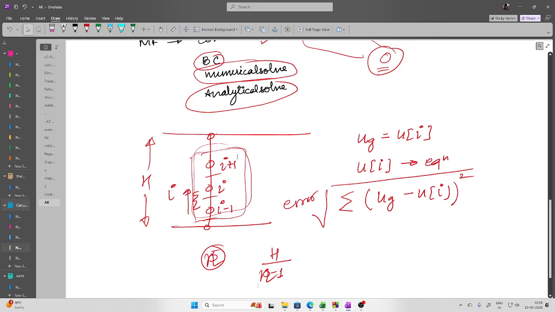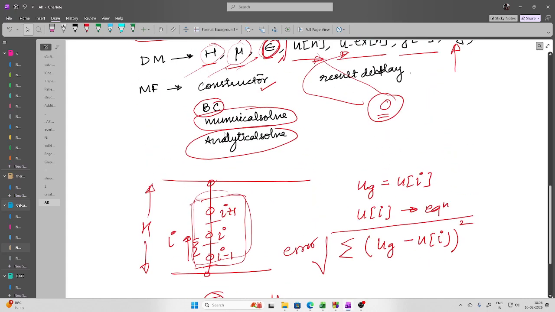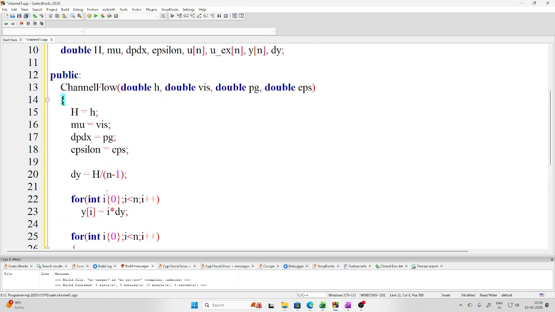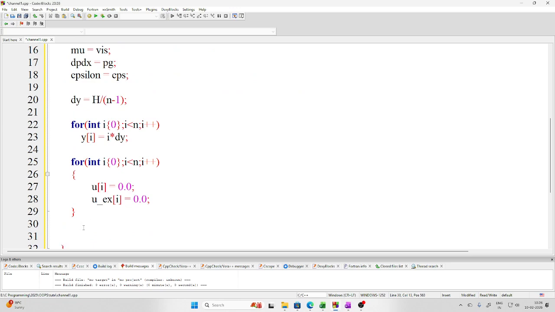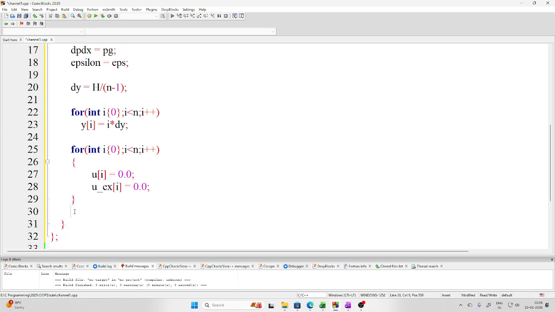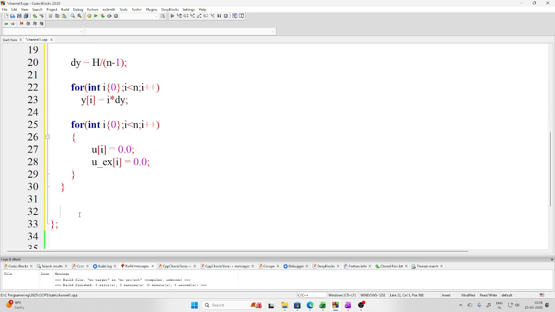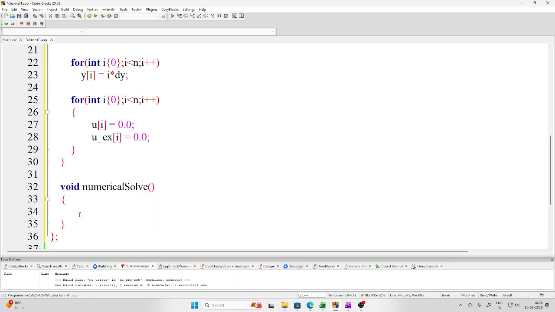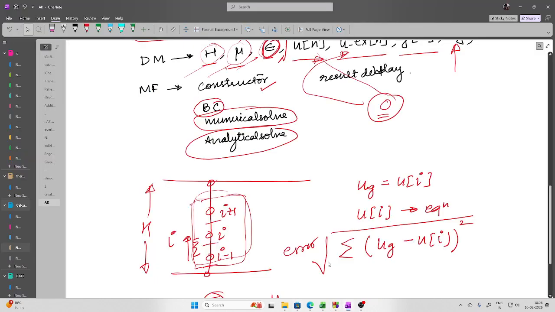So the name I suggested here is numerical solve. Okay, so now let us write the function. This is for the channel flow constructor only. Now, void numerical solve. So what we will be doing inside this is simply solving that particular numerical equation,